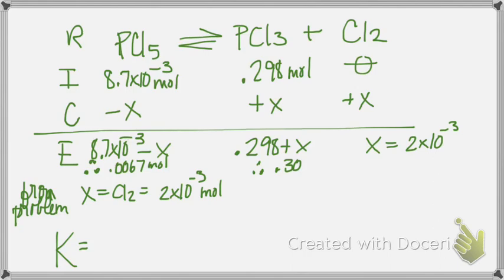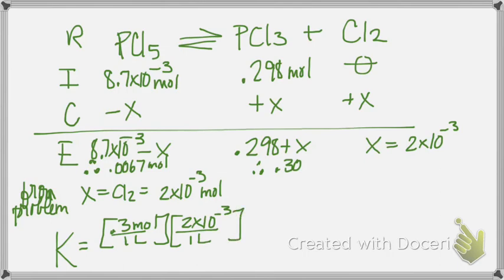What I would do to show that I'm dividing by volume is just show it in here. I would say 0.3 moles divided by 1 liter. That's my concentration of PCl3. And then 2 times 10 to the negative 3 divided by 1 liter, and then the bottom,